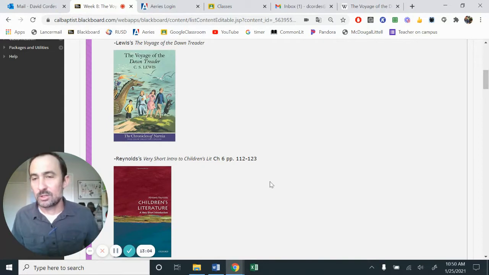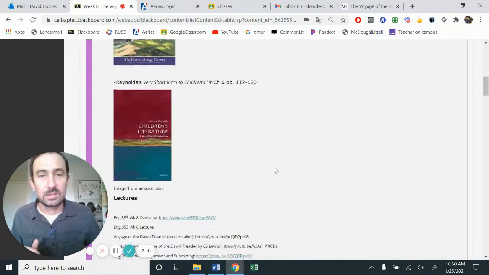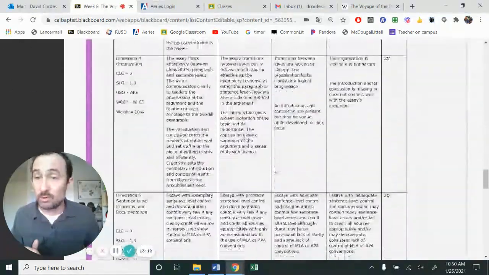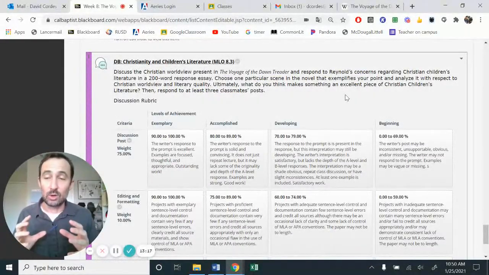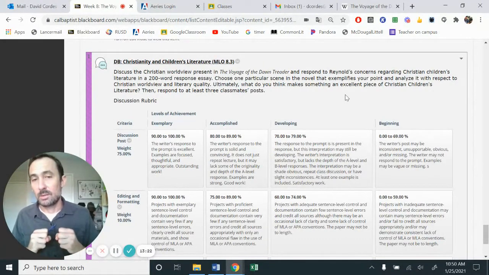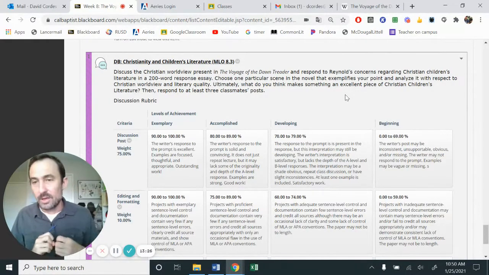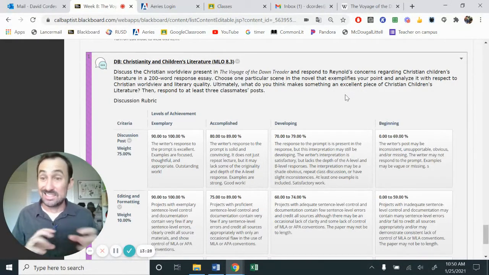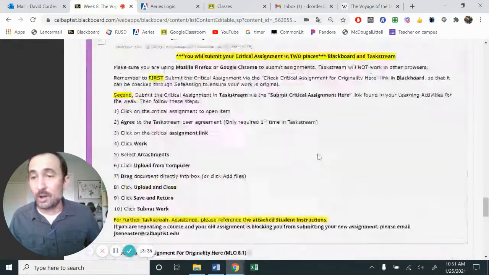If you have any questions or concerns along the way regarding the Voyage of the Dawn Treader or this assignment, for this assignment you are doing a discussion board post as a response. It asks you to look at the novel as a whole. So as you read through, you may pick up on the concept of family, of loving one another, of forgiveness, and you can piece things together. If you have a question, you can definitely let me know. Happy reading. I hope you enjoy this.